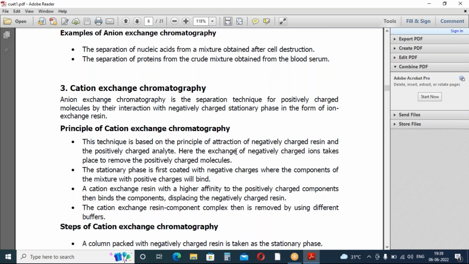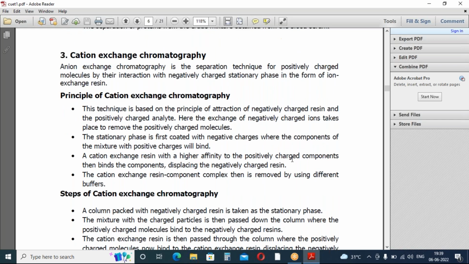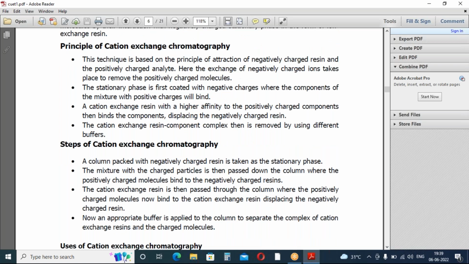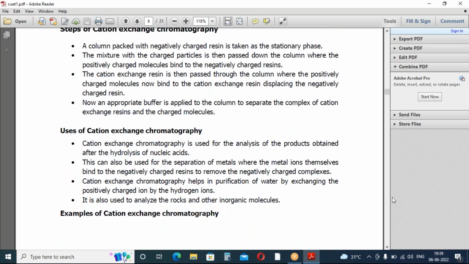Okay, and those are the main steps involved in cation exchange resin. And what are the uses here? This cation exchange chromatography is mainly used for the analysis of products that are obtained after hydrolysis of nucleic acids. And hydrolysis of nucleic acids means first of all we have to separate the different